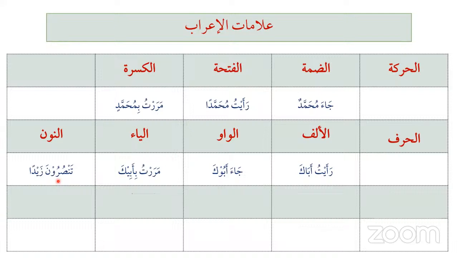So here we can see you all are helping Zayd. There's no lam before it, there's no lan before it. So the noon is the indicator, it's a harf that this fi'l mudari is in the state of raf. Because had that noon been removed, for example, if you put lam before it, the noon will go away. So the noon is the indicator and the sign, alamatul i'rab, that the fi'l mudari is in the state